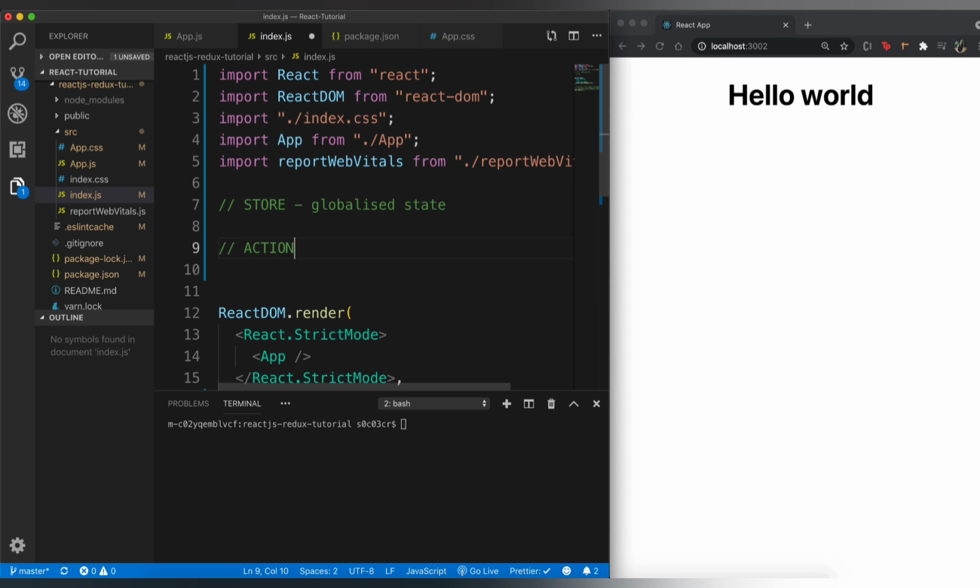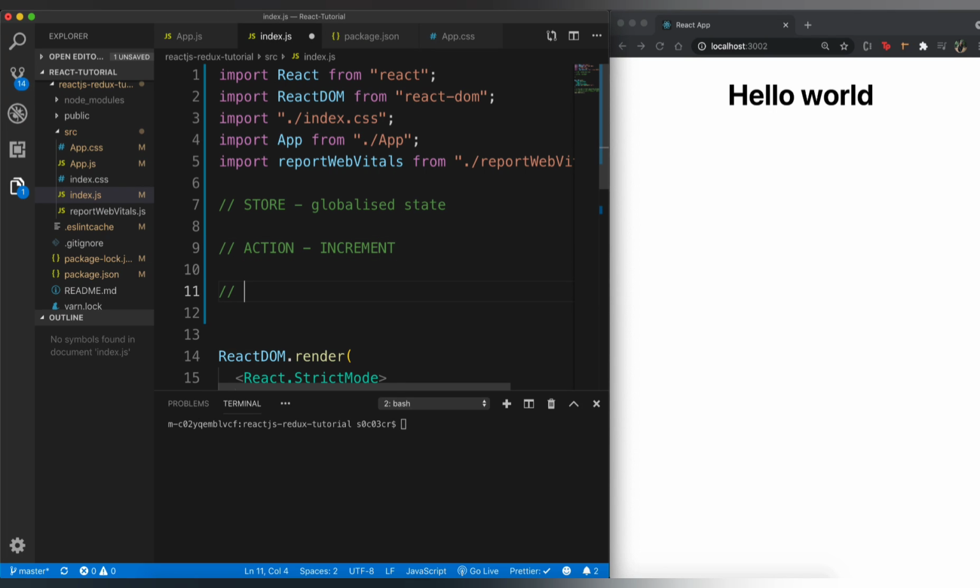What is the next thing? The next thing is an action. Now what is an action? An action is basically a name of a task that you want to do. It does not actually perform any action. It only tells what it is that I want to do. What is the action that I want to take? In our case, we are going to build a counter. So you can increment the counter, decrement the counter, right? For example, the counter value is 0, you increment, it becomes 1, and so on. So an action in that case would be INCREMENT. I'm going to write it in caps. That's the naming convention that we follow. So an action could be simply INCREMENT, or it could be an action called DECREMENT, right?